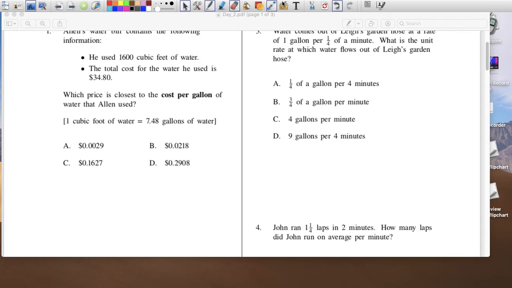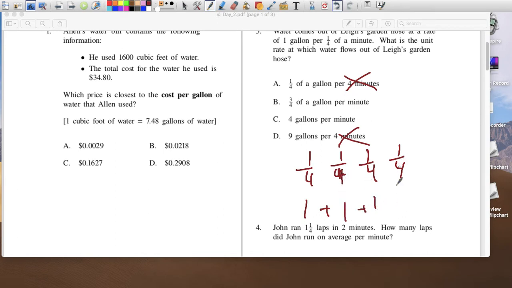And actually, just by looking at the multiple choices, because the question says unit rate, this would have been out, and that would have been out. And you would have had to focus between 3/4 and 4 gallons per minute. So it definitely helps to eliminate some of the multiple choice answers. Or if you know that 1/4 of a minute gives 1 gallon, another 1/4, another gallon, another 1/4, another gallon, another 1/4, another gallon. So every 15 seconds, you had a gallon, which means that in 60 seconds, which is the same thing as 1 minute, you would have had 4 gallons. So several ways of approaching